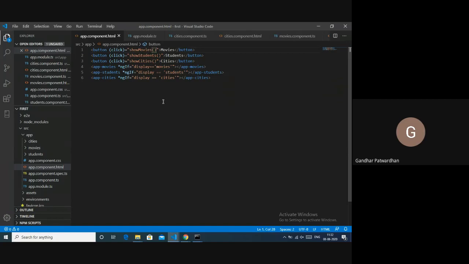So we generated our own components. When you generate your own component, we call them custom components because you have created and customized them. Then we use those components using selector, and also we created 3 functions and applied the click handlers to those functions on the buttons. Is it clear?